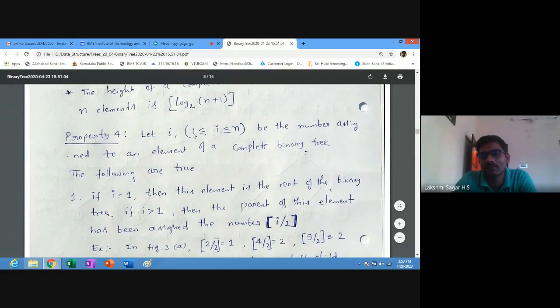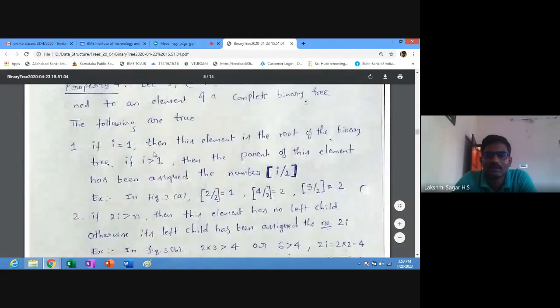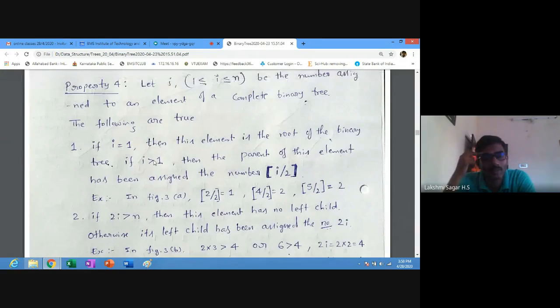Let i be the number assigned to an element of a complete binary tree. The following are true. First one you check: if i is equal to 1, then this element is the root of the binary tree.